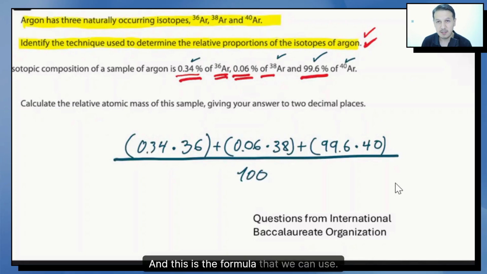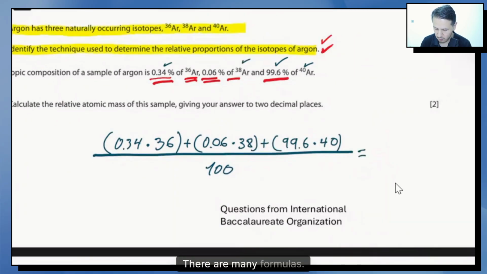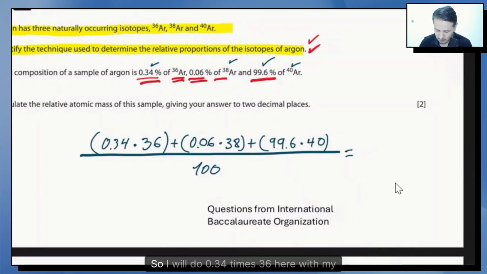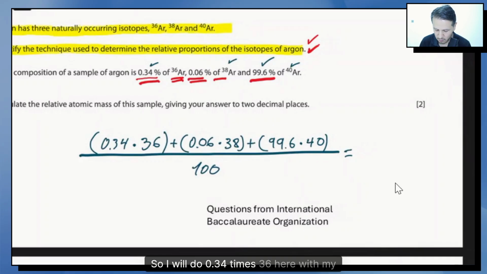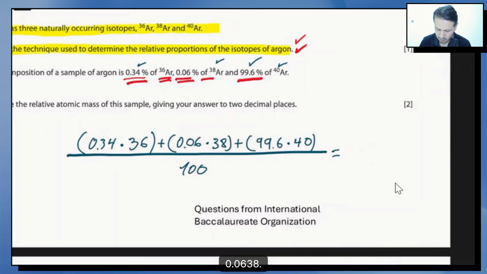And this is the formula that we can use. One of the formulas. There are many formulas. For example, you can divide off the abundances by 100 and then just multiply and add them without dividing by 100. It will be the same. It's up to you. So I will do 0.34 times 36 here with my calculator, 0.0638 plus